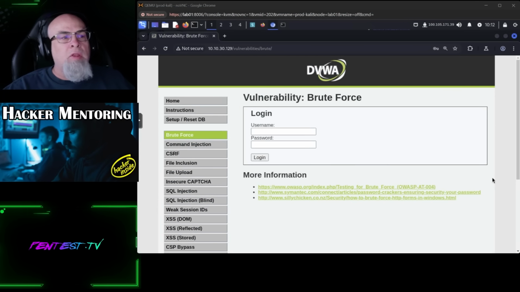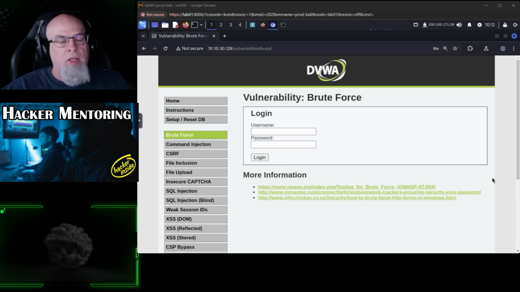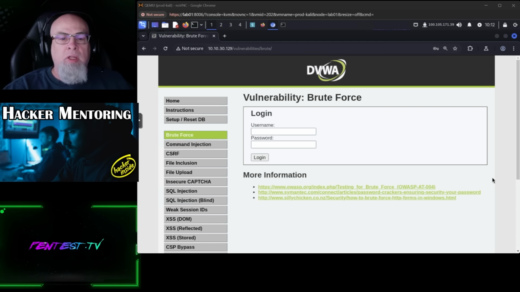course. So we can see here the DVWA challenge. The vulnerability is the brute force attack. And it's going to ask for a username and password. So let's take a look at the OWASP top 10 and see what it has to say about this type